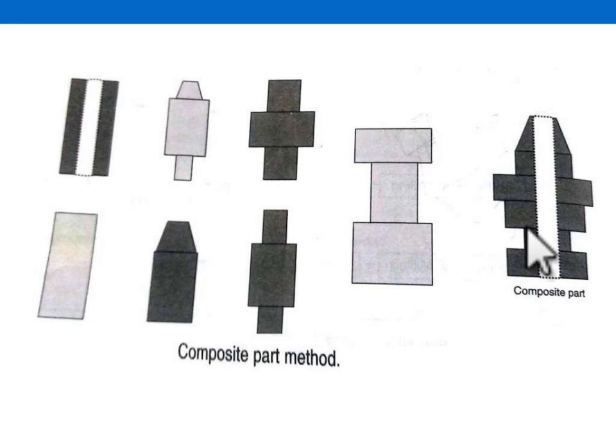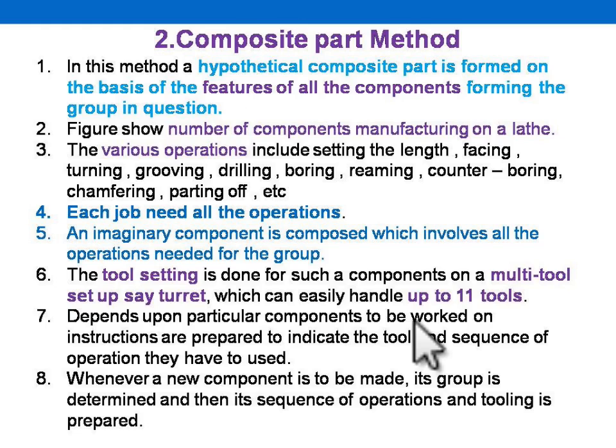Let's suppose we require 20 machine operations for this composite part. So we make a machine cell which can do those 20 operations. Now if we take this part, it requires only 2 or 5 operations; this requires only 3 operations; this requires 2 different operations. But that machine cell can make all these parts because it already has all the operations required for them. So this is the composite part method.